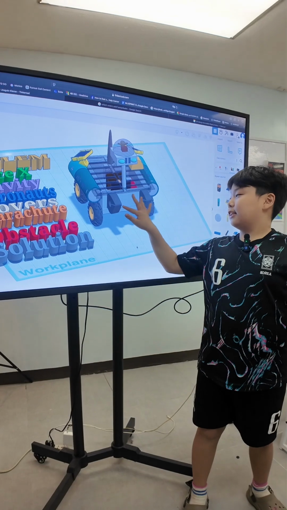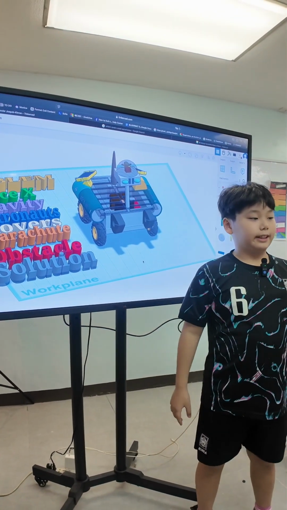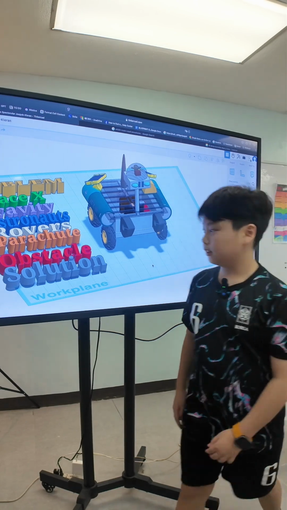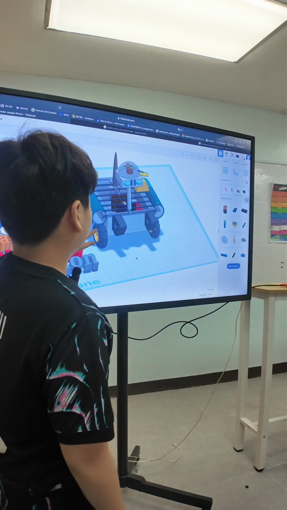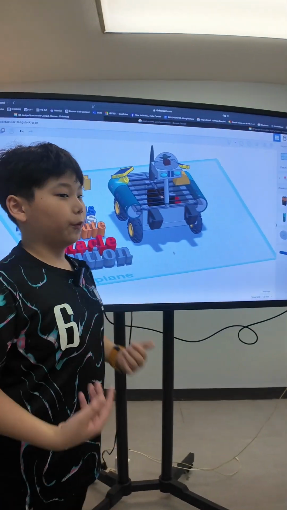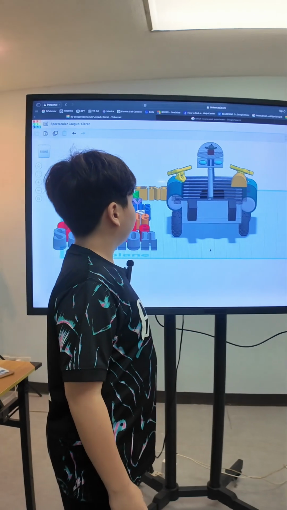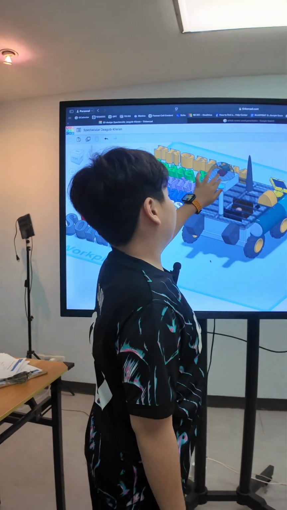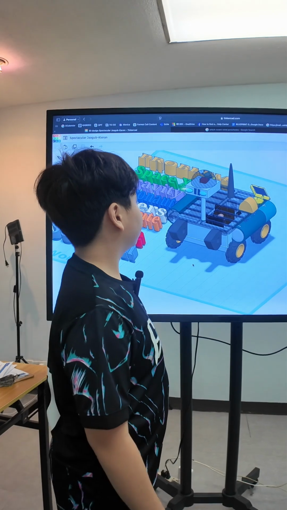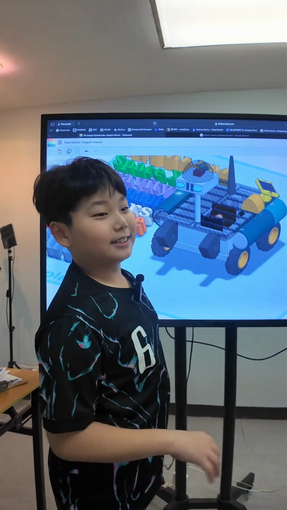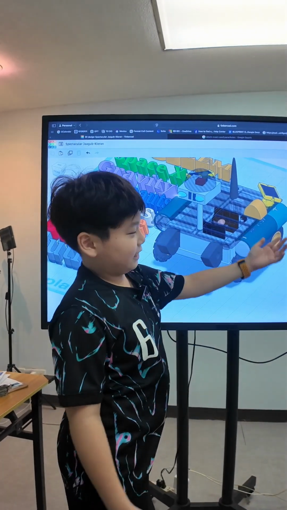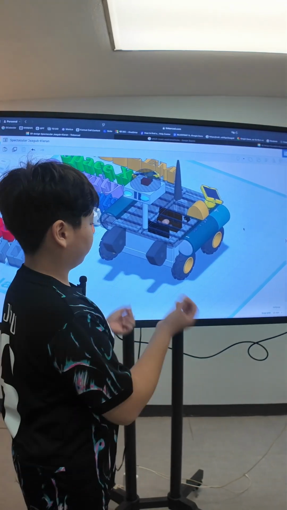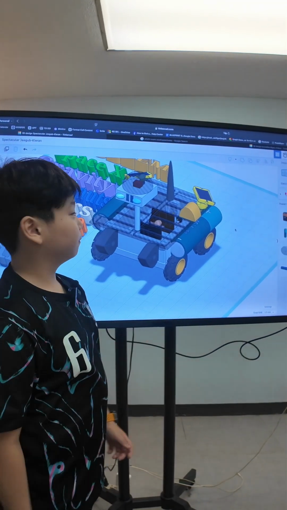So first, these are the hands to break obstacles like rocks while going and exploring. These four of them are the wheels to move. Then, what do you think this is? Can you guess? Is it a button? Yeah, I actually can't design many things in there, so I designed it like this. But this is the controller for controlling the rover, like moving.